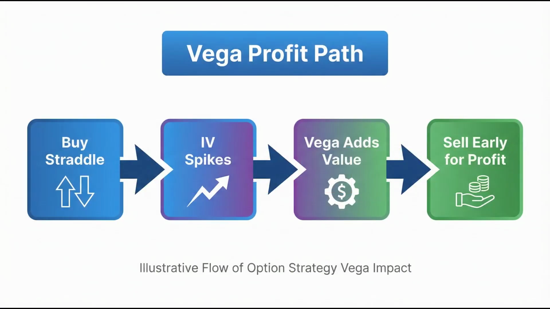Crucially, you do not need to wait for expiration or for the price to hit these break-evens to profit. As discussed in our volatility phase, an increase in implied volatility will inflate the premiums of both legs simultaneously. This allows you to sell the straddle for a profit early, even if the stock price hasn't moved the full